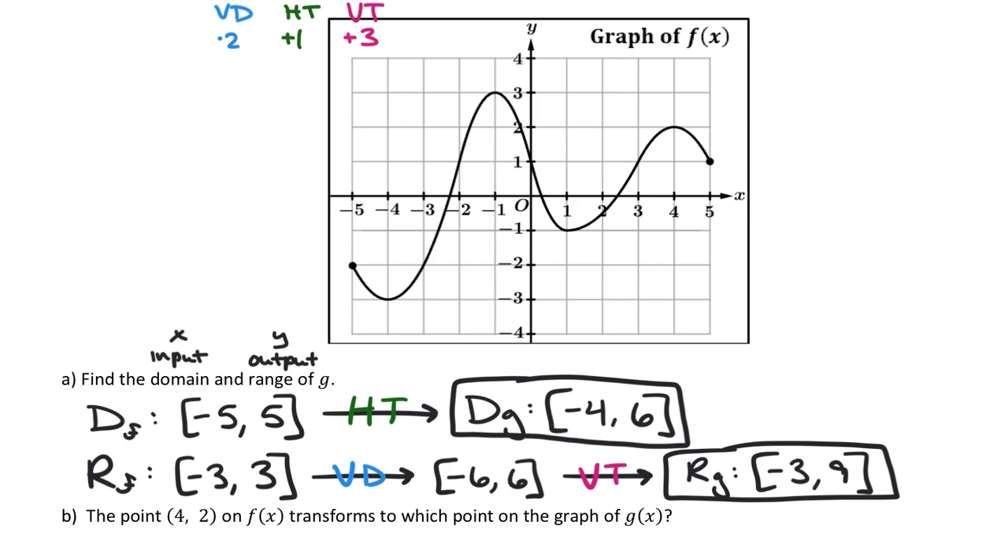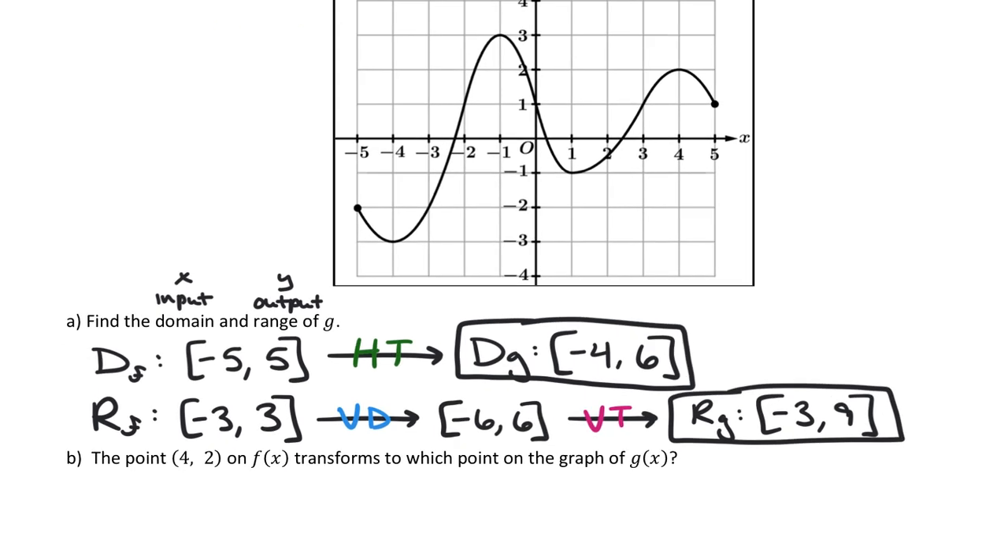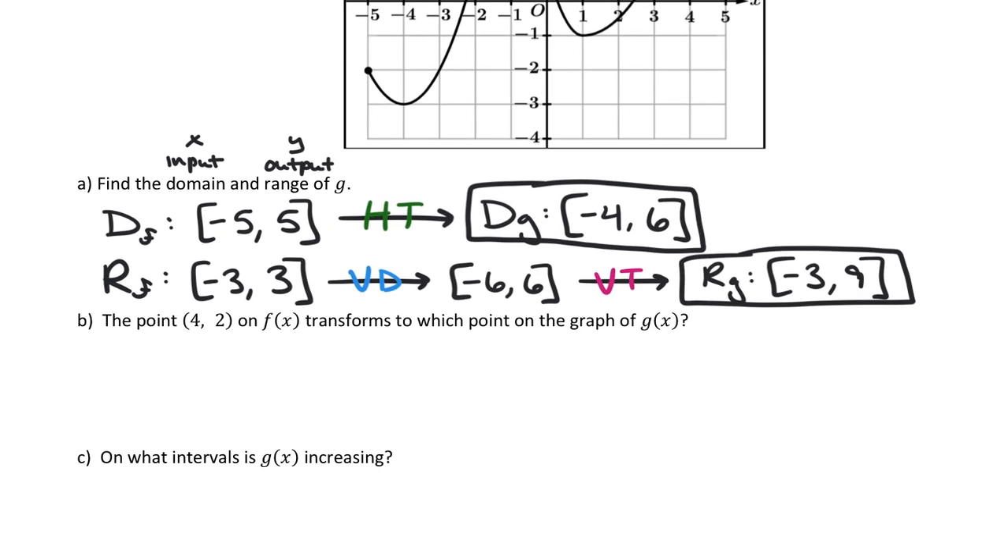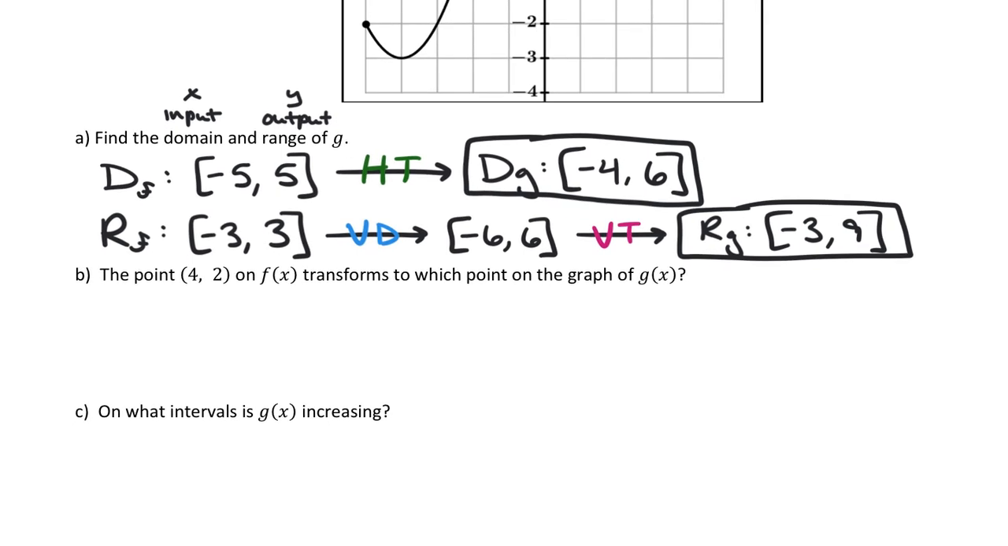Okay. For number B, it says the point 4, 2 on f of x transforms to which point on the graph of g of x? So this time we're transforming a coordinate point, not a domain and not a range. In coordinate points, remember, they are always x, y, which means they are inputs, outputs. So we have to do the correct transformation to whatever input or output we have. If we start with 4, 2,